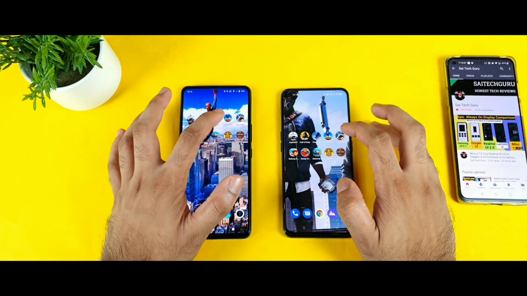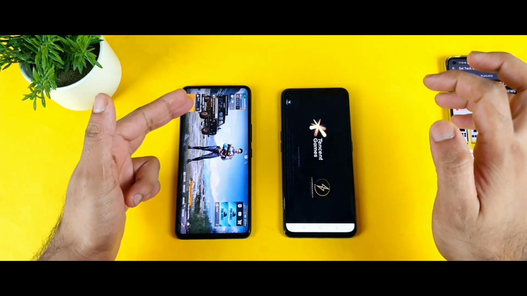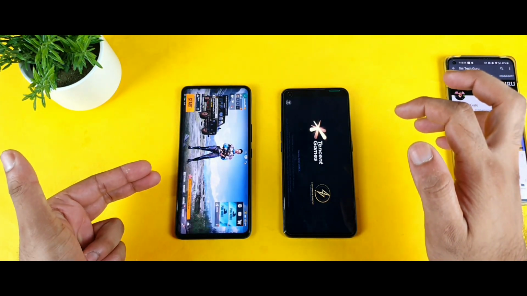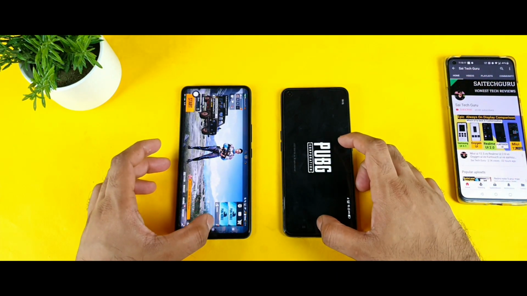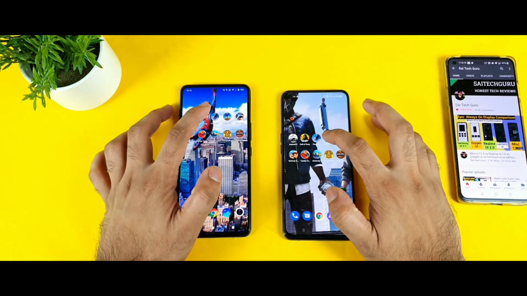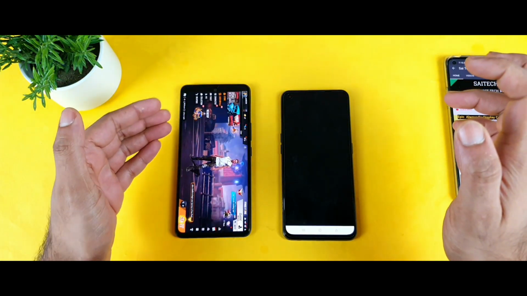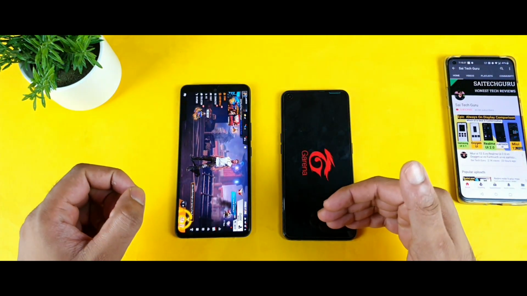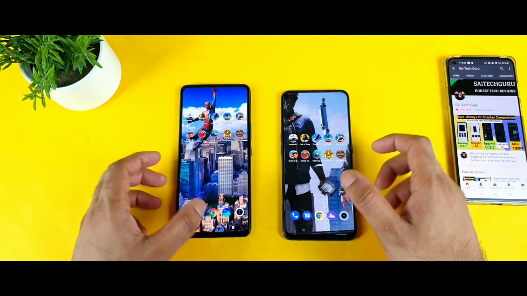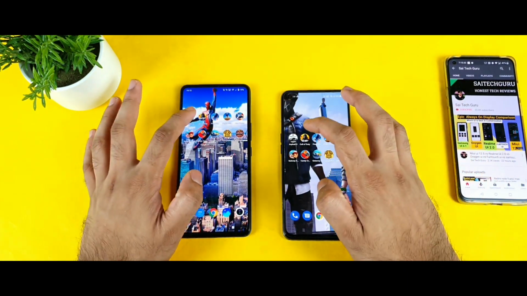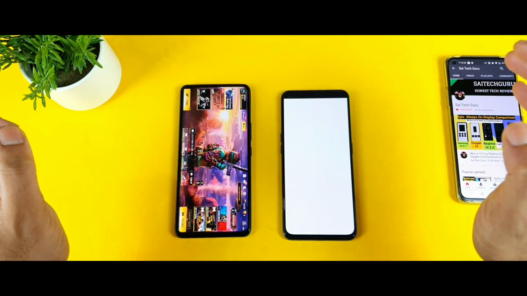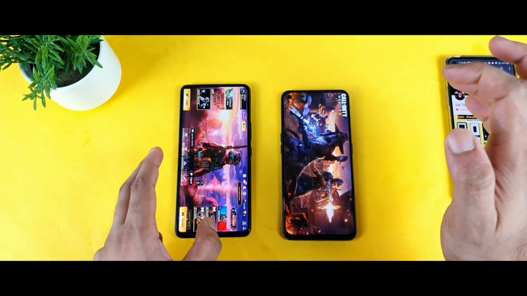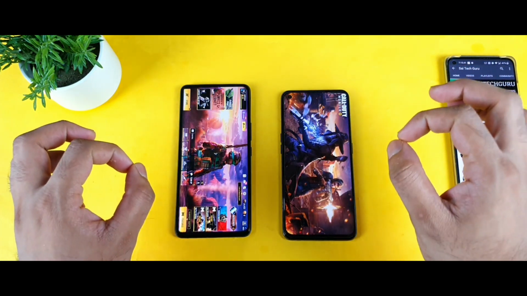Now we entered into the big games, which is PUBG. PUBG, the IQ7 is a clear winner. As you can clearly see, friends, the IQ7 did not get refreshed. As you can clearly see, the live proof which we got right now. So next game is Free Fire. Let's see. Free Fire also did not get reloaded, friends, in the IQ7 device, exactly as you can see. That game got reloaded in this phone, the Realme X1 Max. So seriously, friends, the RAM management is really good. So Call of Duty, excellent, friends. Even the Call of Duty got reloaded successfully without any kind of problems in the IQ7 device. So this is the use of extended RAM, friends.